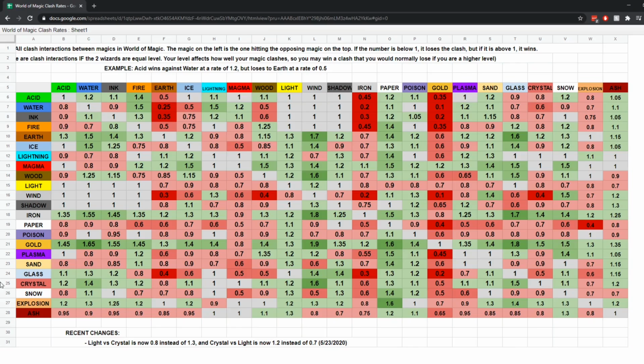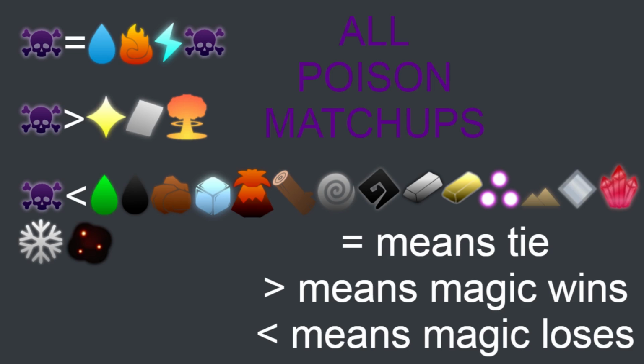There you go. Now we'll go for poison. Poison loses to acid, ties with water, loses to ink, ties with fire, loses to earth and ice, ties with lightning, loses to magma and wood, wins against light, loses to wind, shadow, and iron, wins against paper, ties with itself, loses to gold, plasma, sand, glass, crystal, snow, ties with explosion, loses to ash. Visual representation of the poison